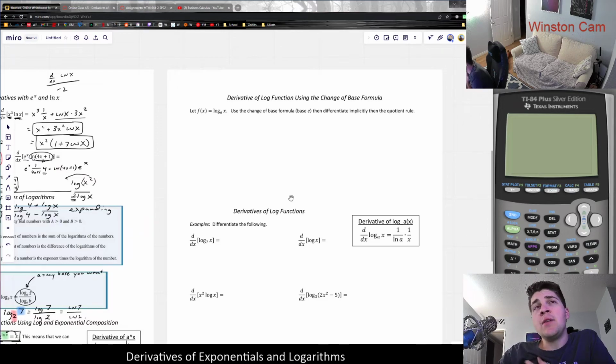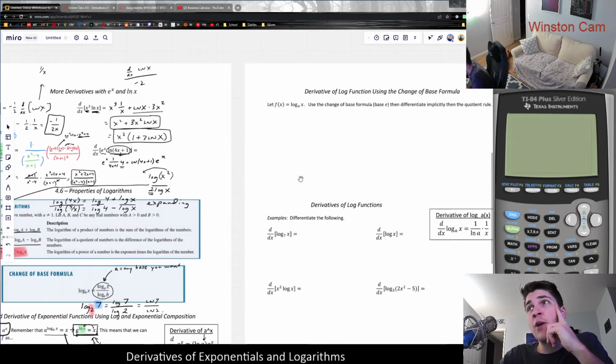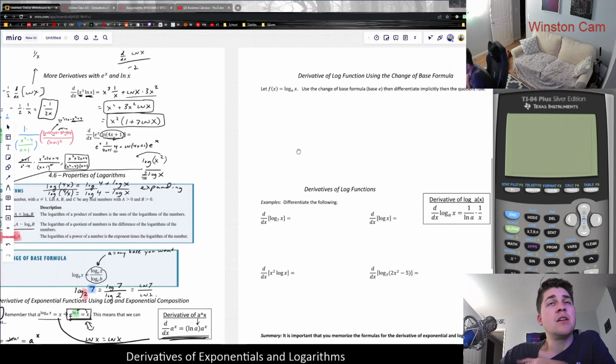So anyways, in the next video, we'll talk about the derivative of a general log-base function and how we would approach that. It turns out that we can do that quite simply using implicit differentiation, similar to how we did it using the common log. Or you could even do it using the change of base formula, but we'll do it a couple different ways in the next